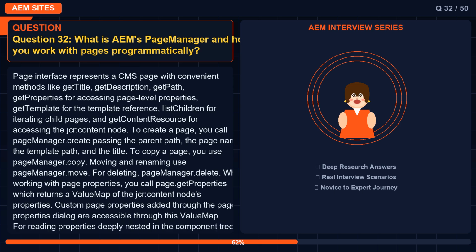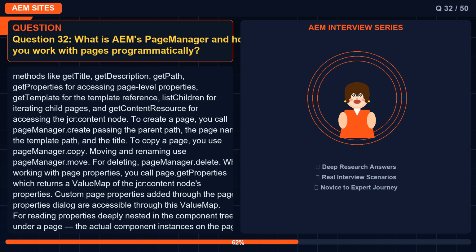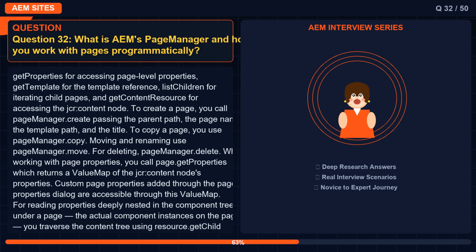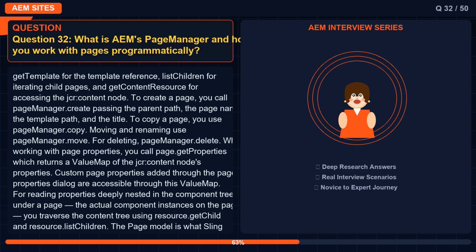To create a page, you call PageManager.create, passing the parent path, the page name, the template path, and the title. To copy a page, you use PageManager.copy. Moving and renaming use PageManager.move. For deleting, PageManager.delete. When working with page properties, you call page.getProperties, which returns a value map of the JCR content